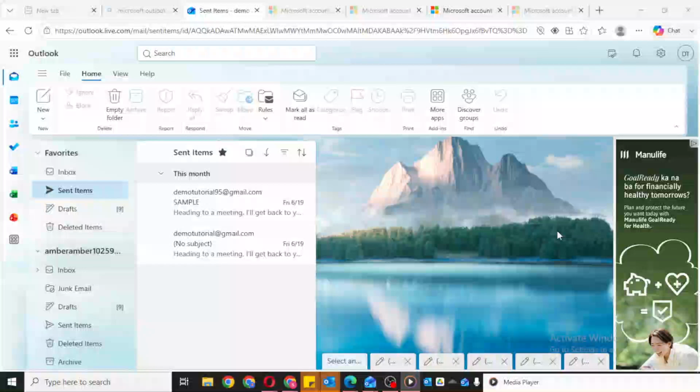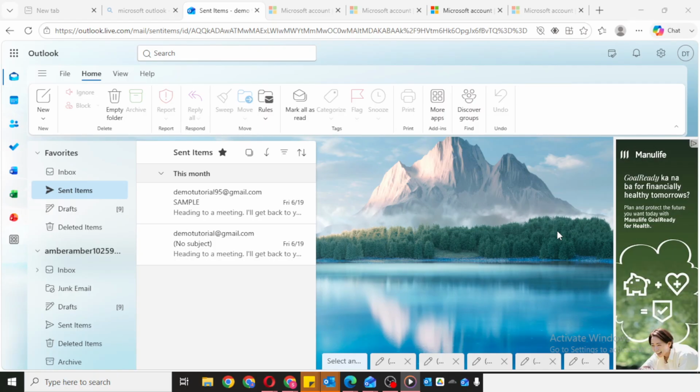In today's video, I am going to teach you how to block unwanted junk emails in Outlook. If you've been getting too many spam messages, promotional emails, or suspicious messages in your inbox, Outlook has a built-in way to make your email filtering much stricter. This can help reduce distractions, improve security, and keep your inbox easier to manage.